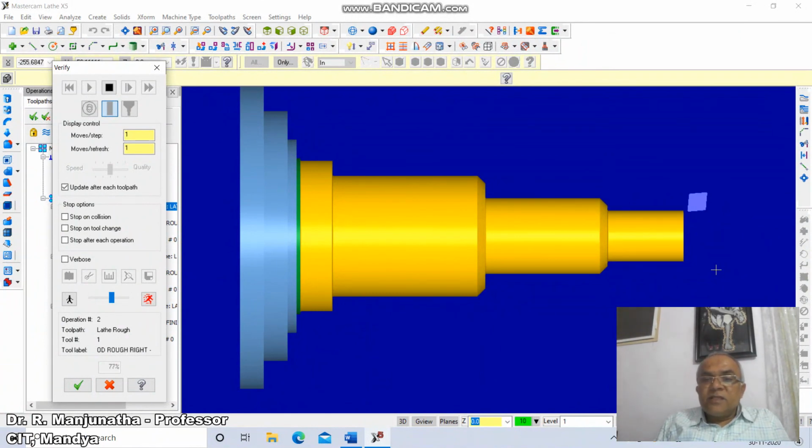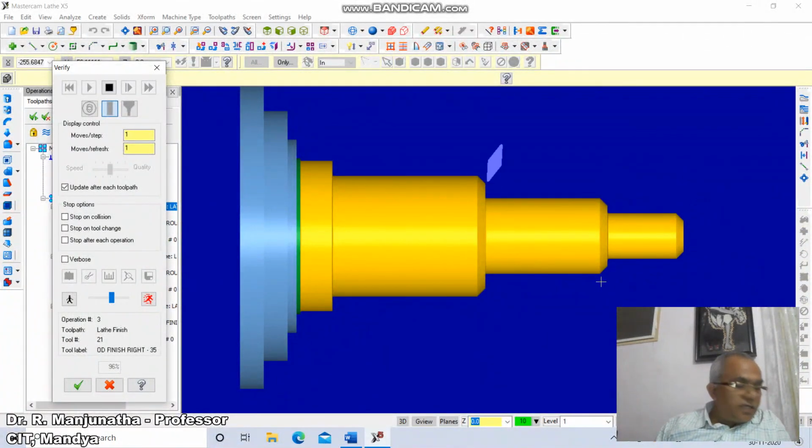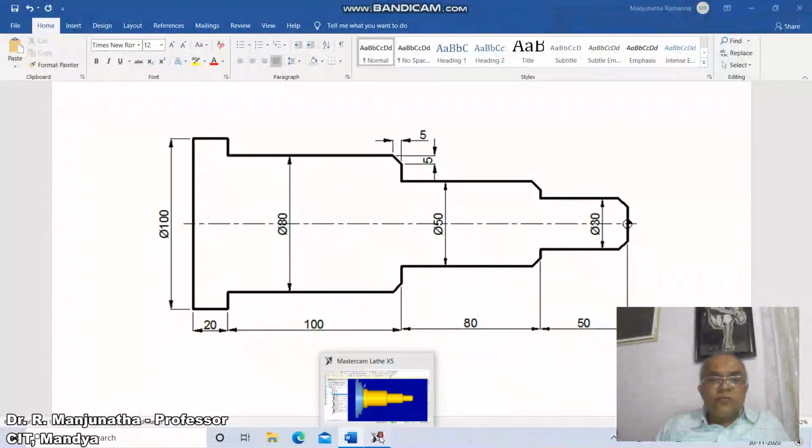now it is taking place. Again, the roughing operation is still going on. Then this is the final chamfering to a diameter of 30 mm. So again this length is 50, this length is 60, 80, and this length is 100. Now the finishing operation is taking place. So it will remove that extra material. This is how you will be able to get this drawing with the simulation, and this drawing is both are one and the